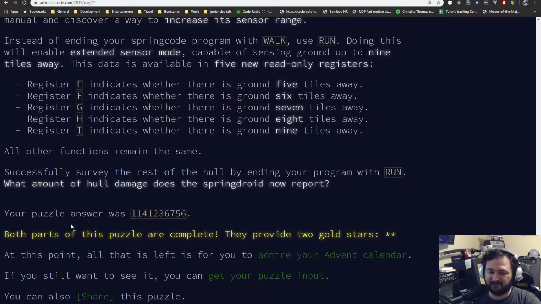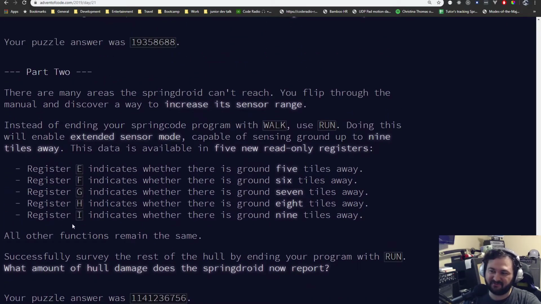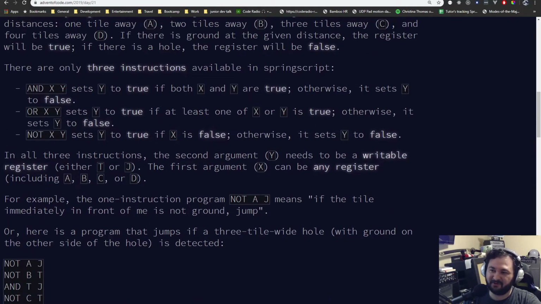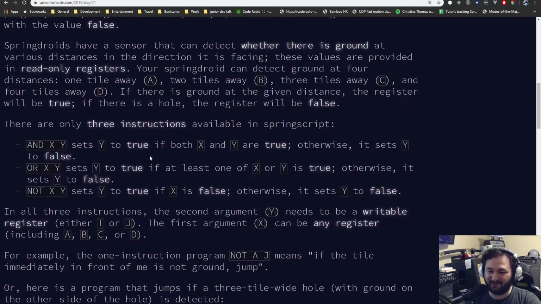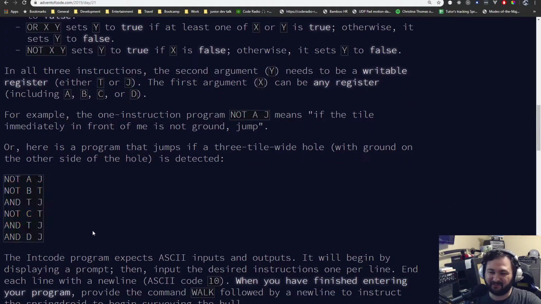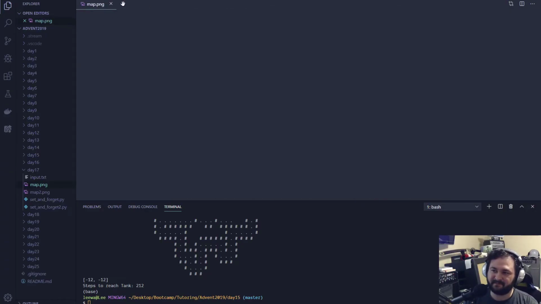When I first did this one, I was super frustrated with it and angry with myself because I couldn't understand Spring Script, which is the proprietary coding language that only applies to this problem. So my first instinct was, I don't care about that. I don't want to learn Spring Script. And then once I sat down and said, okay, I'm going to write down on paper what all these mean and translate it from the conditional logic that I'm familiar with as a programmer to Spring Script, I actually got the solution. And then the code for it ended up being pretty neat,